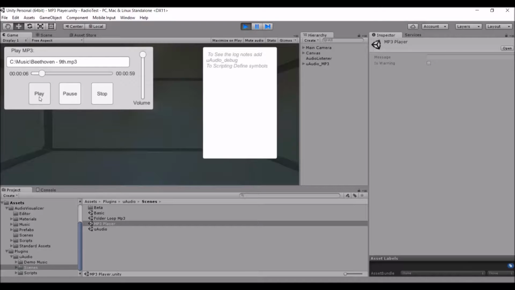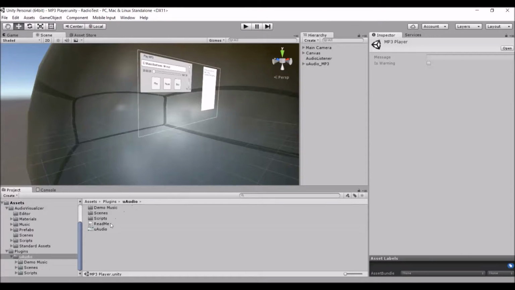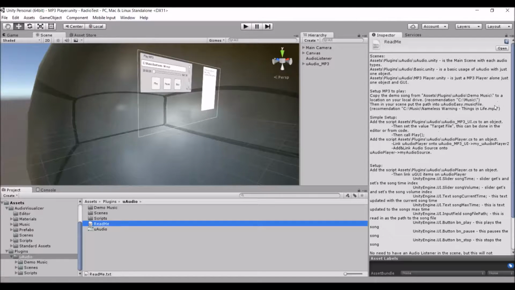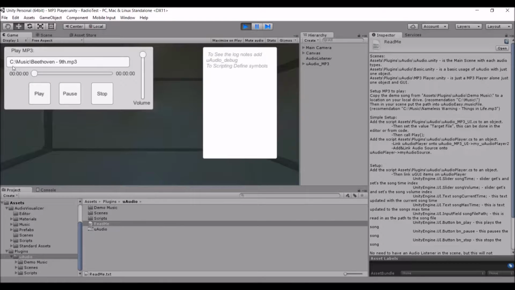If you just downloaded this uAudio tool for the first time, you'll notice in their README it tells you that you have to copy the demo song into that C music Beethoven. So you can see here, this is the path to the song that this MP3 player is playing, so you have to make sure that this song is actually in that path. So once you have that all set up and you can play the music here,